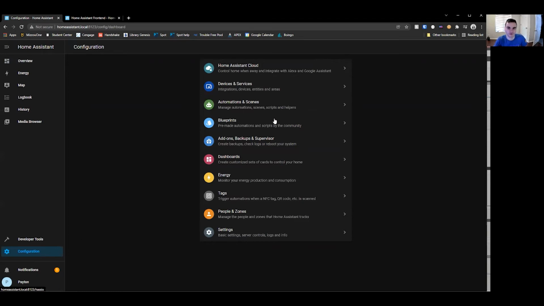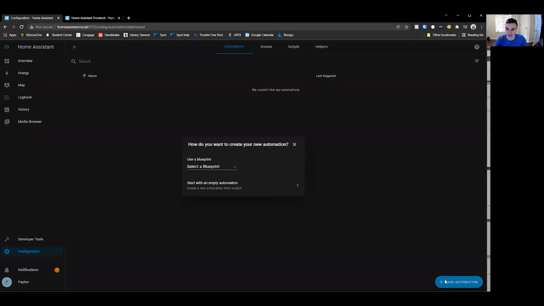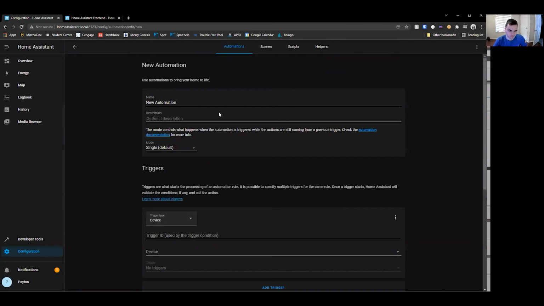So if you go to configuration and automations and scenes, you can see that we don't have any automations. But we can add an automation. We can select from a blueprint. Blueprints are created by the community to ease creating the automations. But for now, let's just create an empty automation from scratch. So this automation will be named